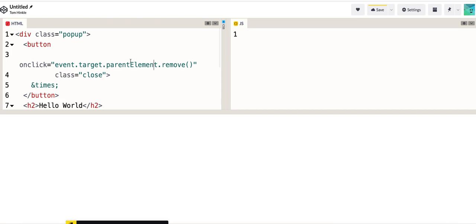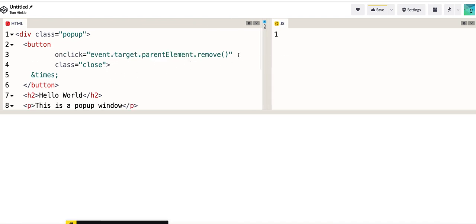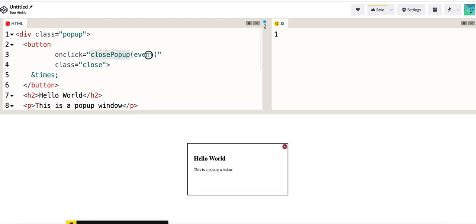But it's not very robust. And if we make some changes, if we made more of these buttons, we would have to write more and more code right inside of our HTML, and that's pretty frustrating. So what most people do, which would be almost identical here, the next step would be to just call a function in your onClick handler. And we call a function by typing its name and then passing it an argument, in this case the argument event. I just created a new name, closePopup, and then in my JavaScript I define a function by typing